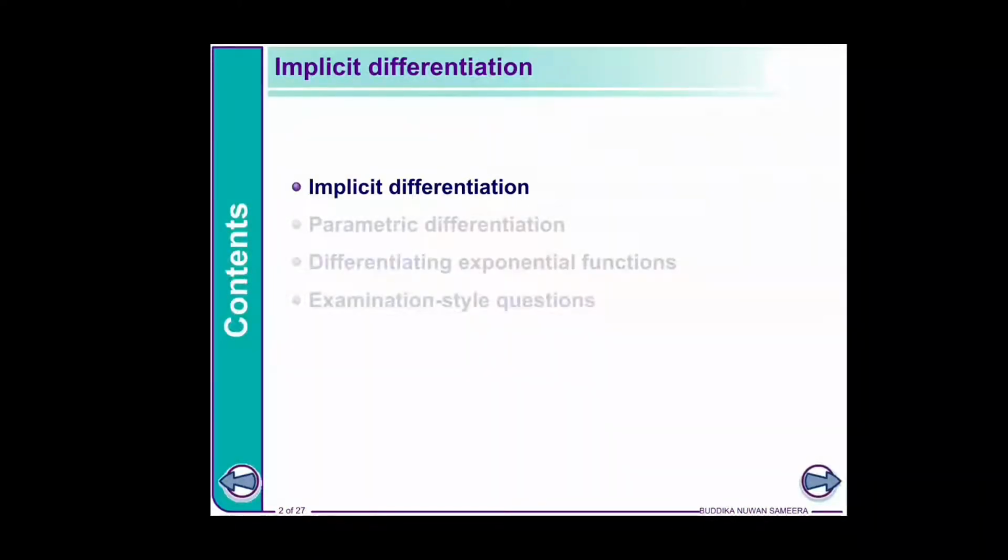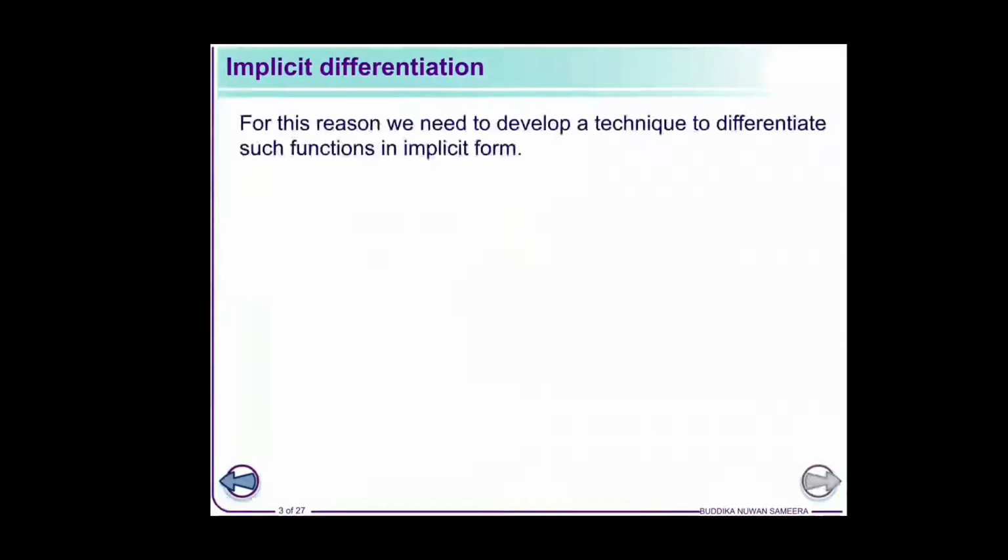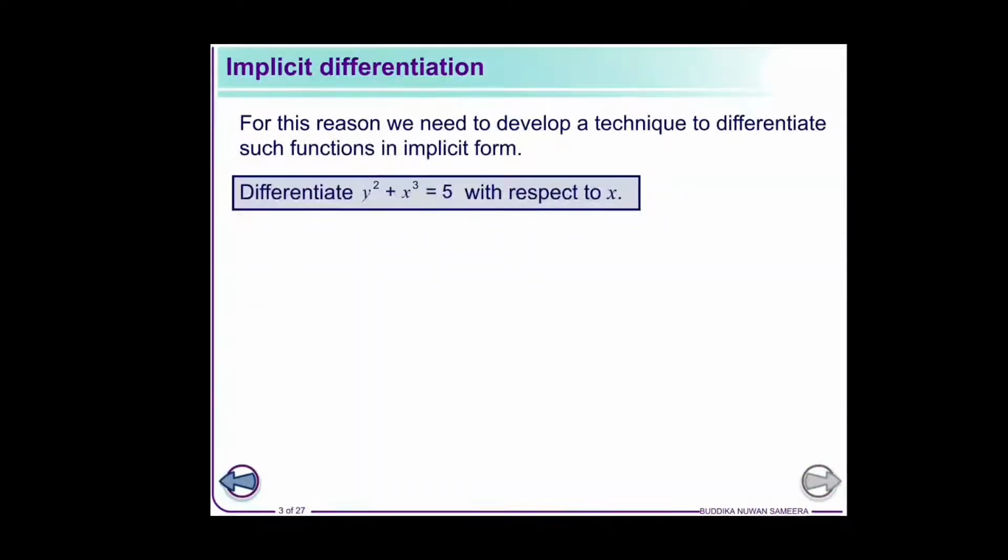First, implicit differentiation. Differentiate the function y square plus x cube equal 5 with respect to x. Now here we can see that this equation is an implicit equation because y is not the subject. Y square plus x cube equal 5. That is the equation. So when you differentiate this function,